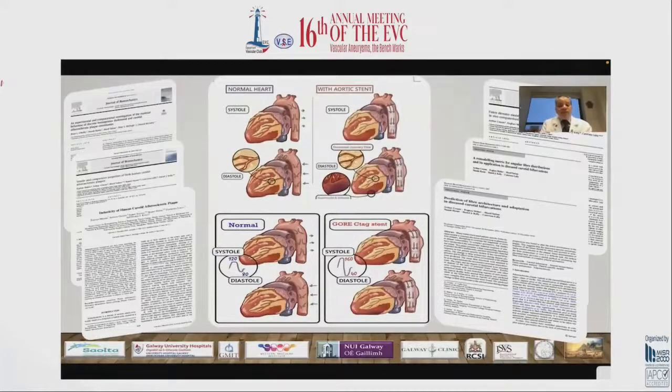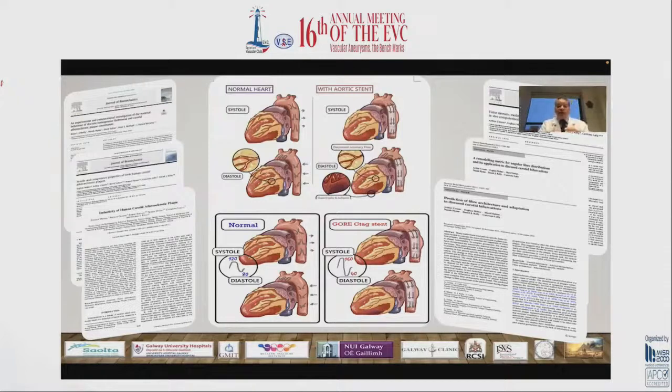Just to go back a little bit to physiology, we know that in the normal heart there is a systole and diastole, and during diastole the elastic recoil allows the filling of the coronaries. Then we looked at a lot of patients who had an aortic transection. These were young trauma patients, and we put in the best available graft on the market, without any comparison, the Gore graft. I don't work for Gore at all, but I'm just telling you. We see this in comparison with any other graft, whether Medtronic or Cook. Definitely we did very badly from the cardiovascular point of view, but it took up to 2 years for this graft to produce major cardiovascular problems.